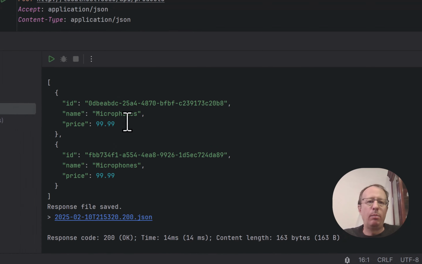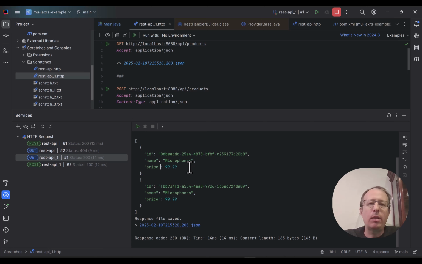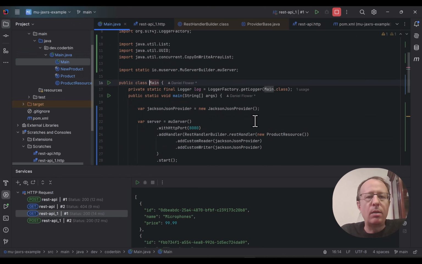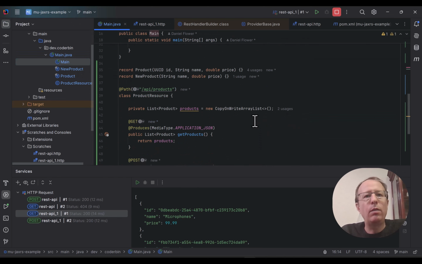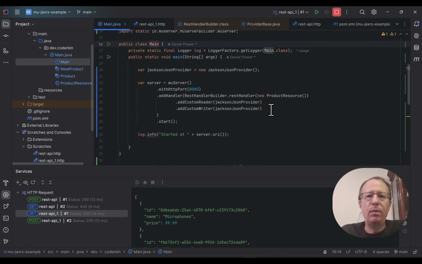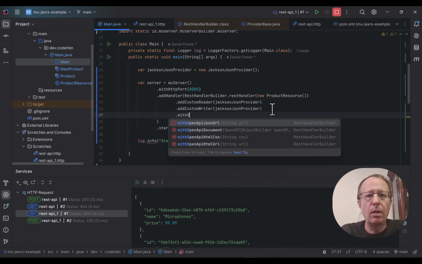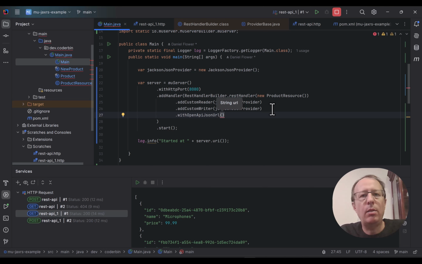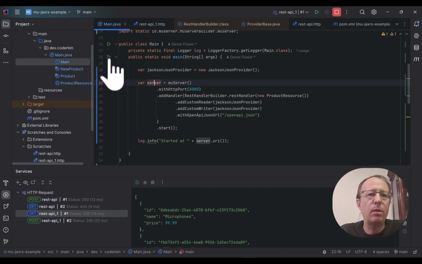Whoops. But that's okay. Right, so next up we want to see how to expose this in a Swagger document. So Swagger is the nice UI you saw before for API documentation. What we need to do is get a JSON representation of our RESTful API, and we can do this very easily as well. There is a format called OpenAPI, and we are going to tell MooServer to create our OpenAPI document exposed at this URL for our RESTful server.